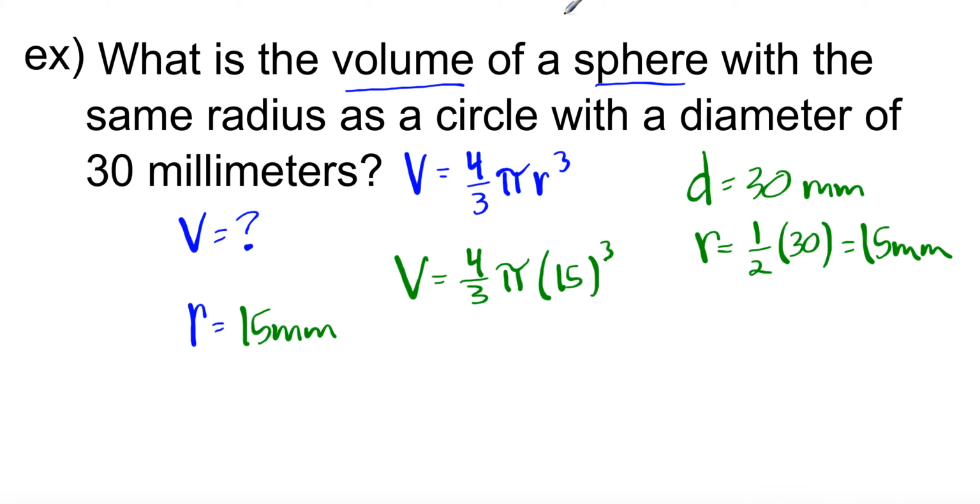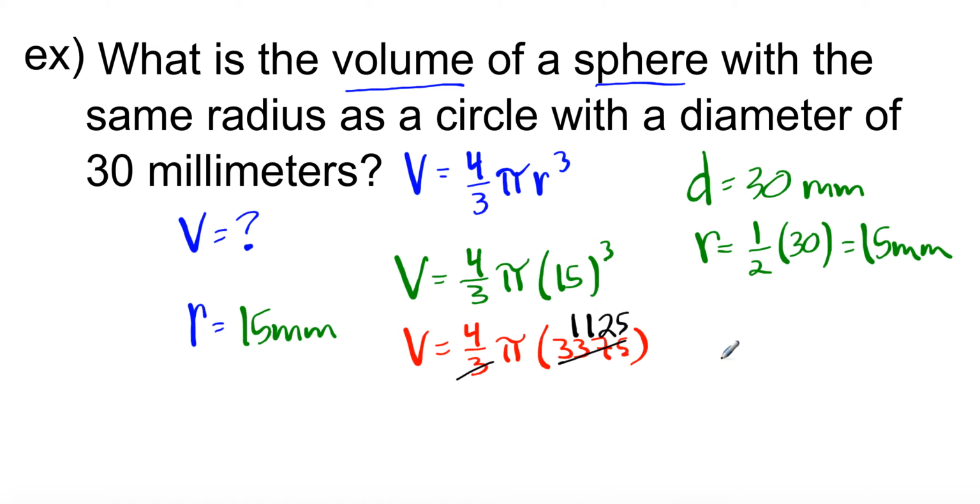Order of operations rules everything. No matter what you're doing, you always have to follow your order of operations. So next step, we will actually cube the 15. 15 to the third gives us 3,375. Definitely want your calculator handy for that. And we can also go ahead and cross simplify right here, because 3 goes into 3,375